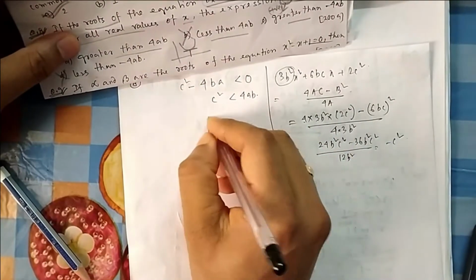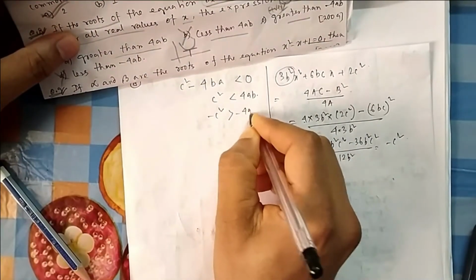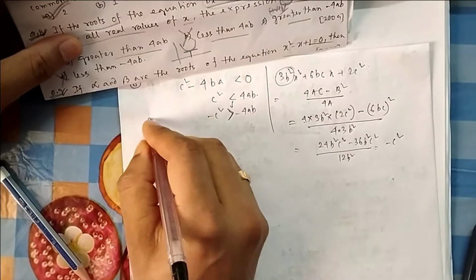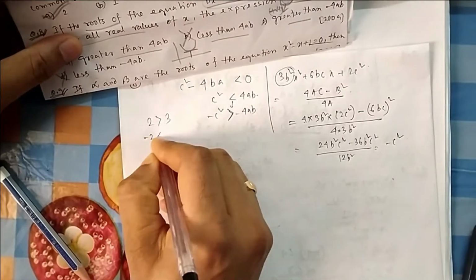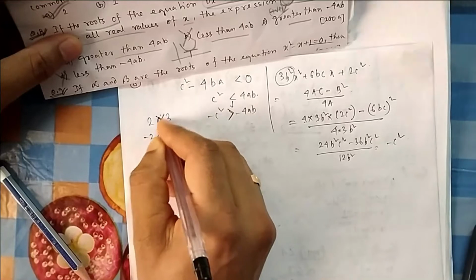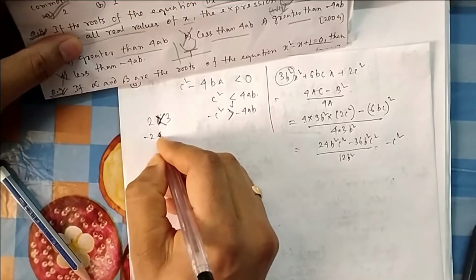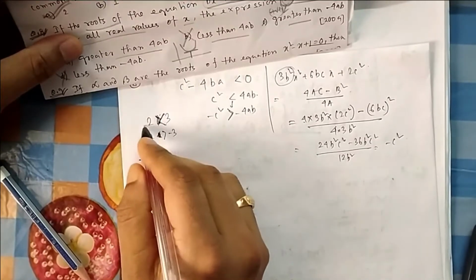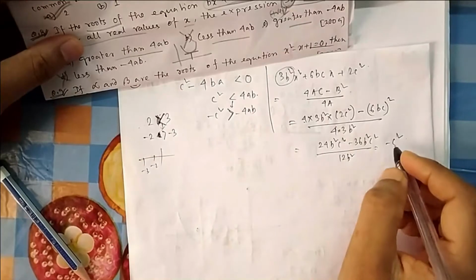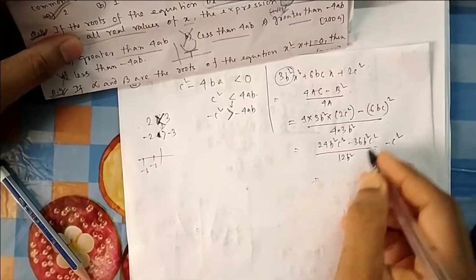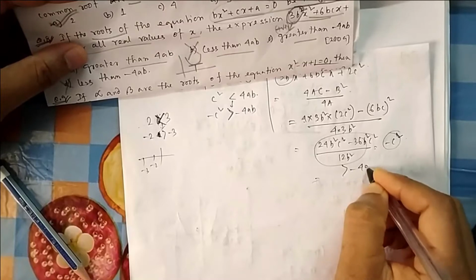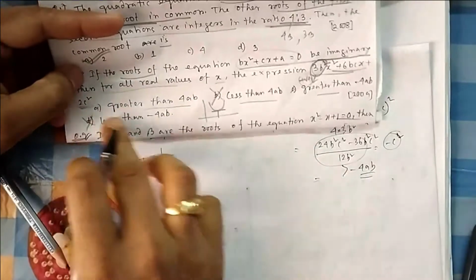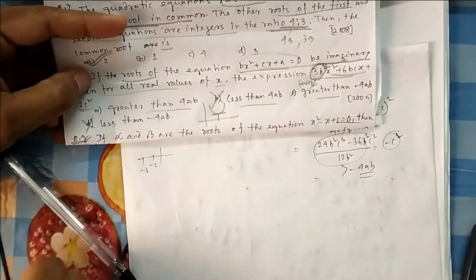Now you know c square is less than 4ab. So what is minus c square? If you multiply it by minus, I told you the sign will change. I have given you an example. If 2 is less than 3, because 2 is less than 3, if you multiply it by minus, then minus 2 will be greater than minus 3. You can check. Minus 2 is here, minus 3 is here. Minus 2 is greater. So if you multiply both sides by minus, the inequality sign changes. So this expression, whatever expression you got, is always greater than minus something. That's what we already had some idea of. It should be greater than some value. These and these were gone. So it should be greater than minus 4ab. That is, option C is correct.